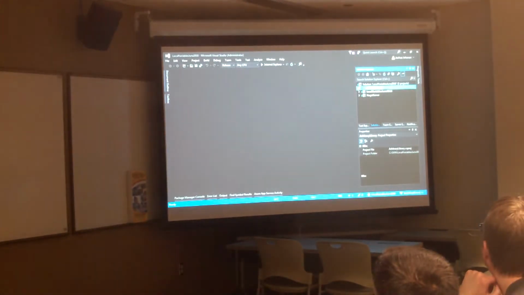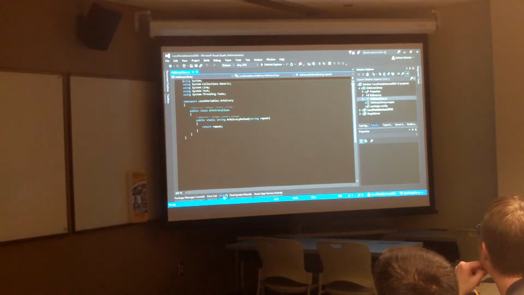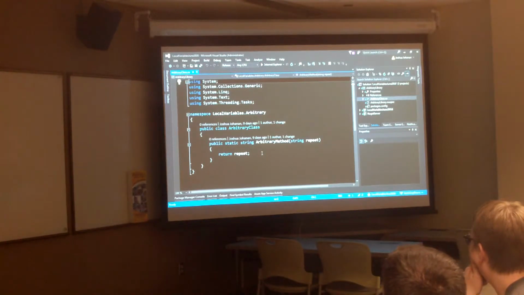Okay, so up here, I have this arbitrary library. It's completely arbitrary. We have an arbitrary class. Is that big enough for everyone? I'll bump it up a little. How about that? There you go. Completely arbitrary, as you can see. The arbitrary method just takes a string and returns it. So this is our class library that we're going to build. But before we do that, I'm going to go ahead